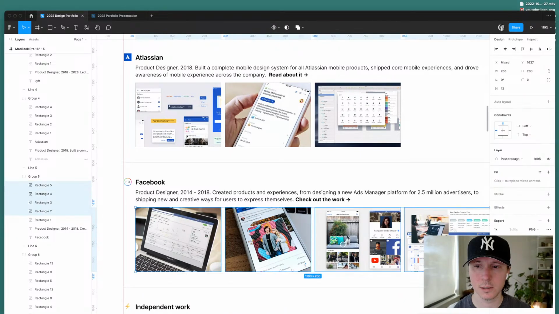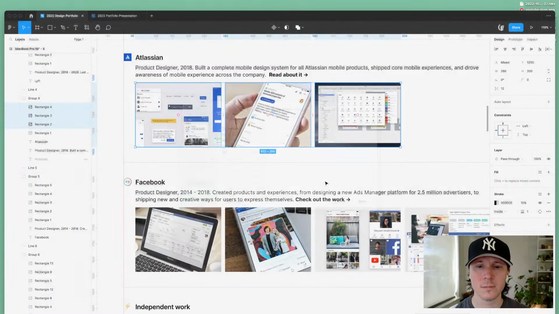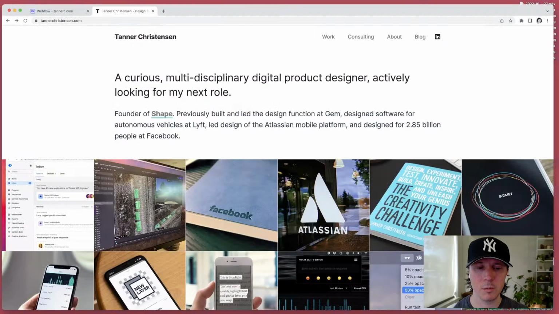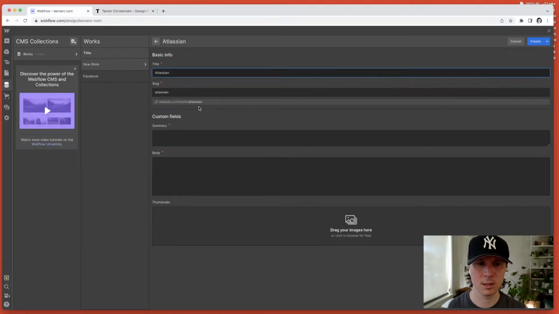Why is it not showing it? I think I did 1200 for these images, so I'm going to do 1200 again. And again, they're called rectangle. So let's retitle them Atlassian thumbnail 1, 2, and 3. So now when we go back here and create this new collection for Atlassian work, I can